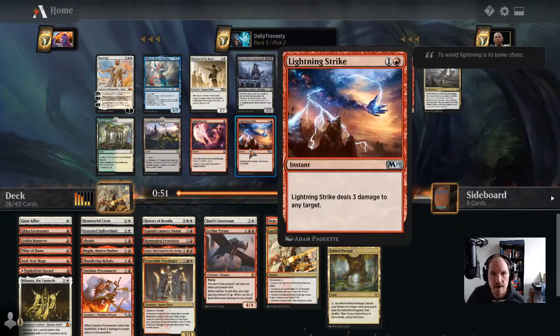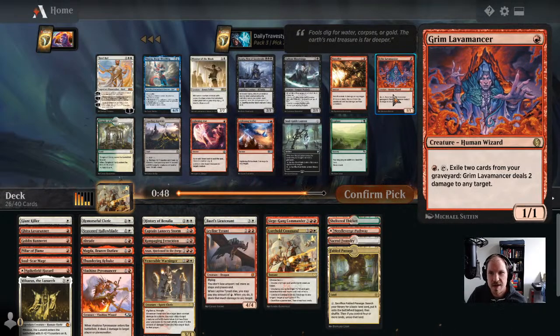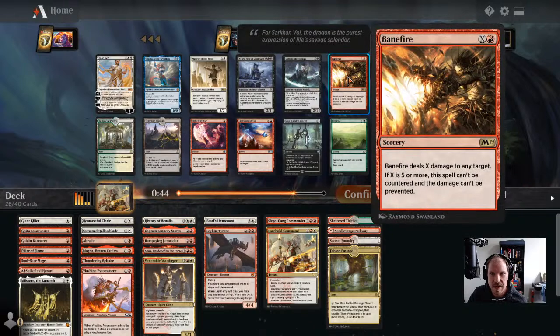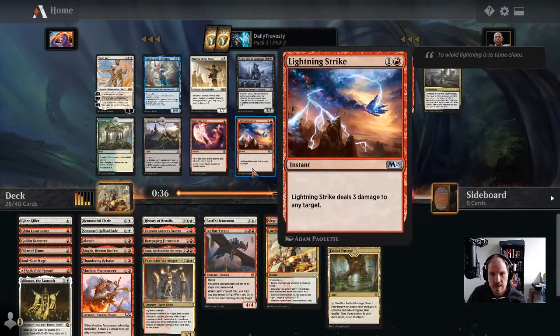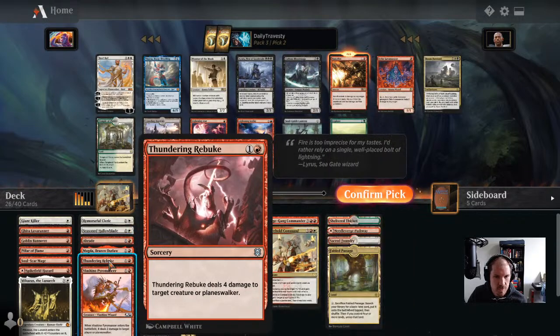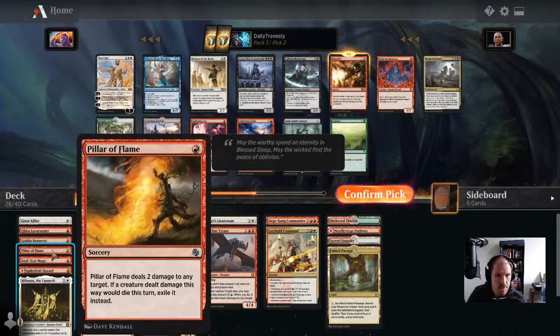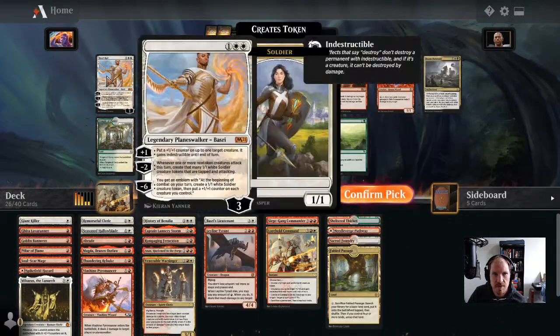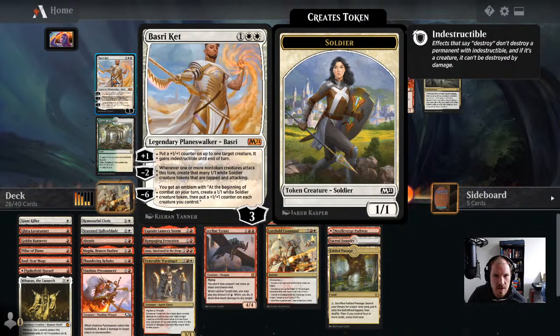Ooh, Banefire. Lightning Strike, Lightning Axe, Grim Lavamancer, and Basri Ket. So this is a good pack for us. I don't think you pass Banefire that often. 3 mana deal 2, sure, whatever, but at the end of the game, you can just hit your opponent for 1 million. Is that better than Lightning Strike? We already have a Braid, which only does creatures. Rebuke only does creatures. Pillar of Flame. Is Lightning Strike better in our deck because we aren't going to get to Banefire that often? I think this card is decent, but...